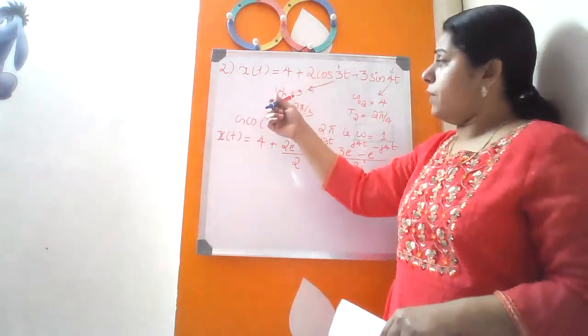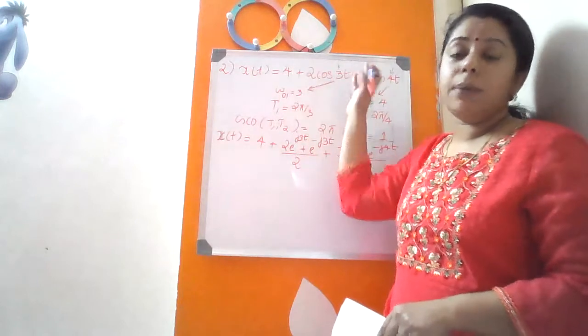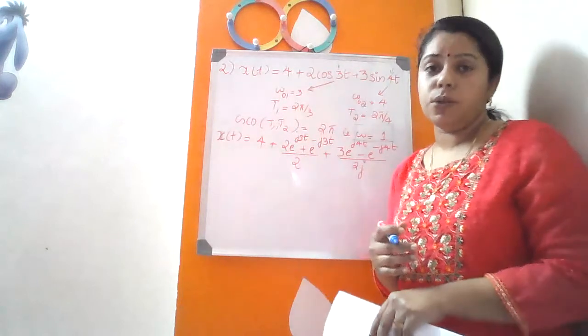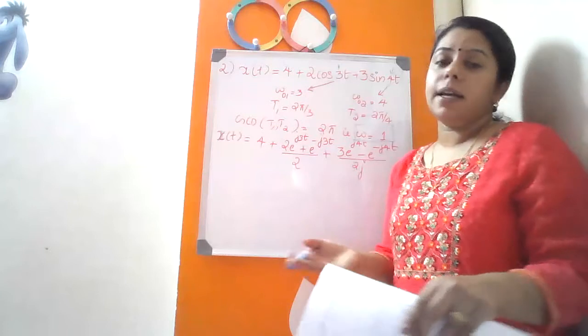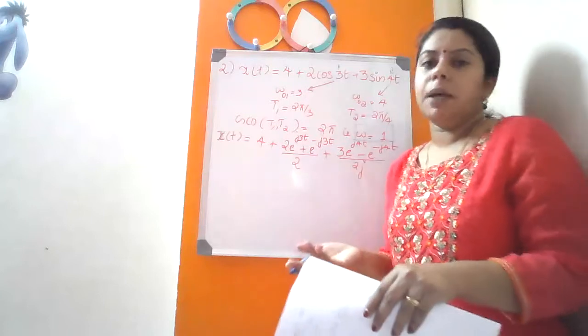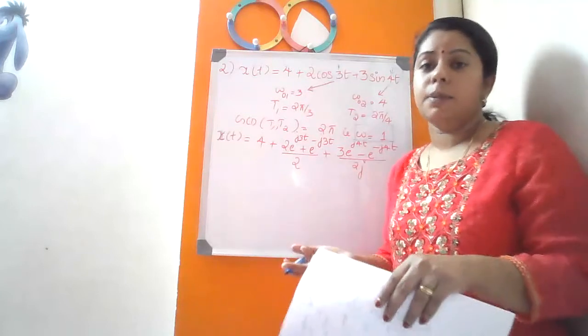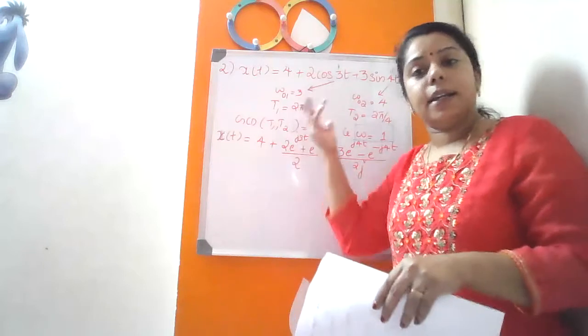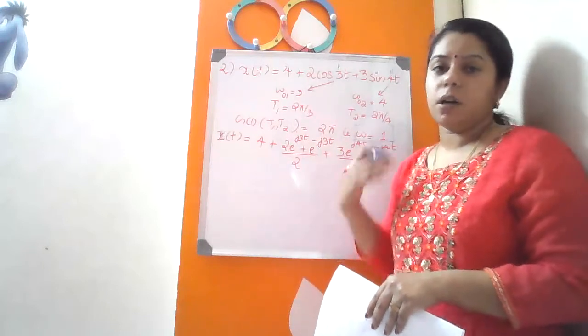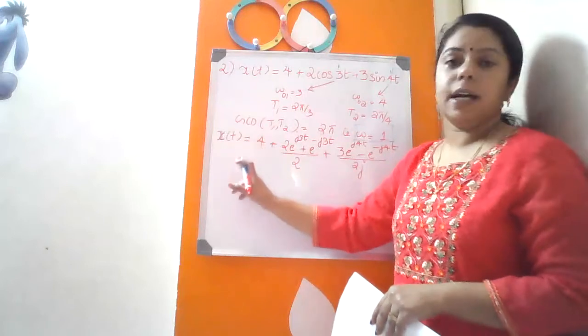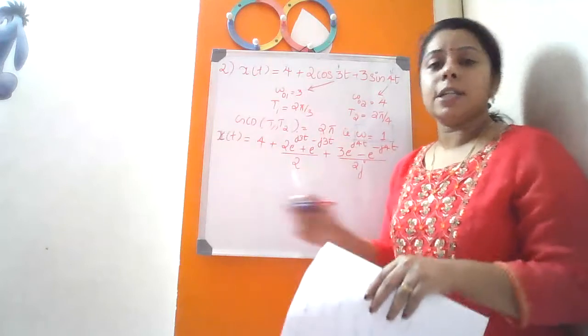If you want, you can directly write it from omega naught 1 and omega naught 2 also. Both the numbers are divisible by 1 only, so the common divisible term is 1 only. You can directly write it from there also. It's not an issue. Next, come to the given question. Let us expand this one.